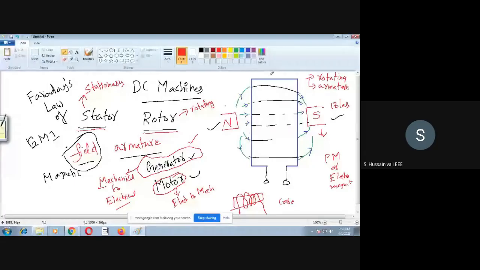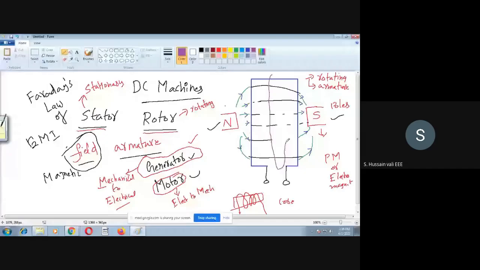Now let me take another color so that you will understand which color is for whom. This one is the magnetic core. On the magnetic core, you put the coil. That coil is blue color, whereas the poles are red color, and the flux lines are in green color, so that you can easily understand.